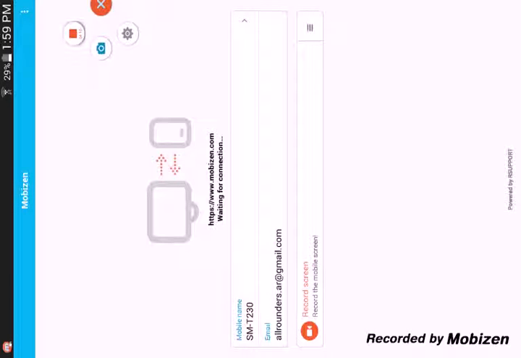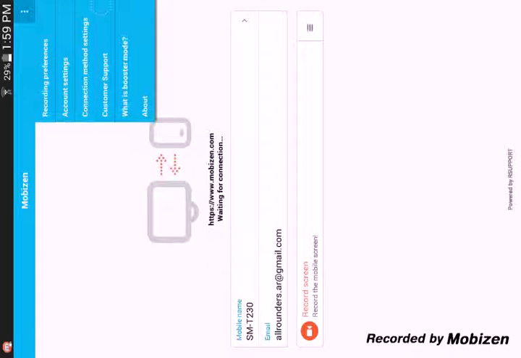this thing will come here in the side of your screen. So you can just click the recording button, or you can take a screenshot or go to settings. Now another thing is that you can click here. Now here are many things. Don't care about anything else, just go to recording preference.